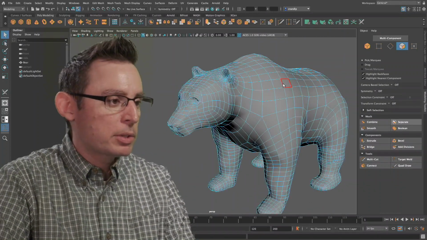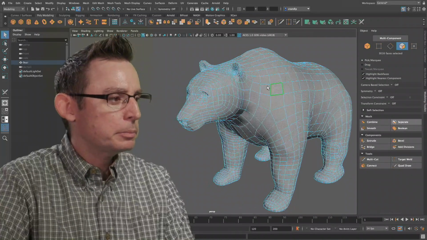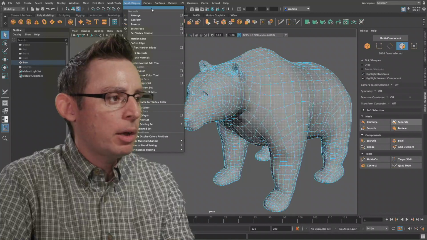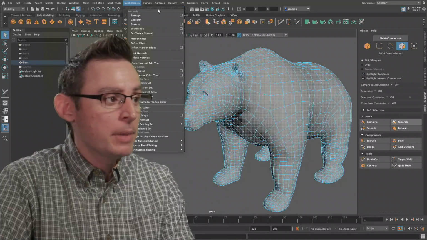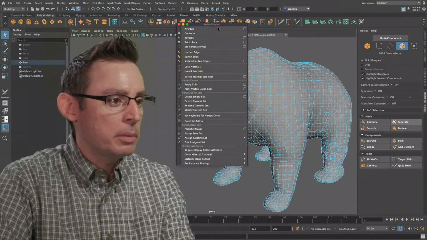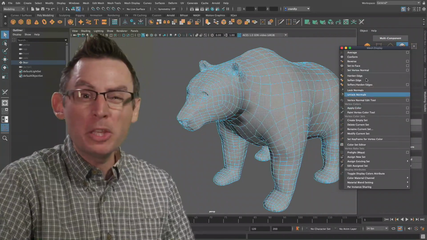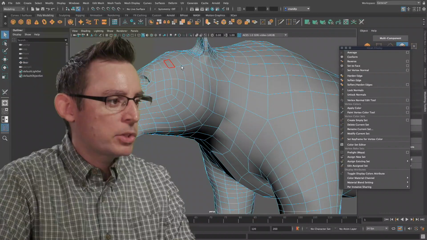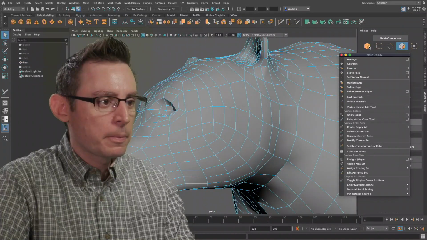Let's go into my polygonal selection set, just double click here. And in the Mesh Display pull-down menu, I'm going to click on this dotted line at the top of the menu to tear off the menu into a floating palette and just dock it over here. We're going to be using this palette a couple times. It's nice just to have access to it. Okay, so just visualization here.